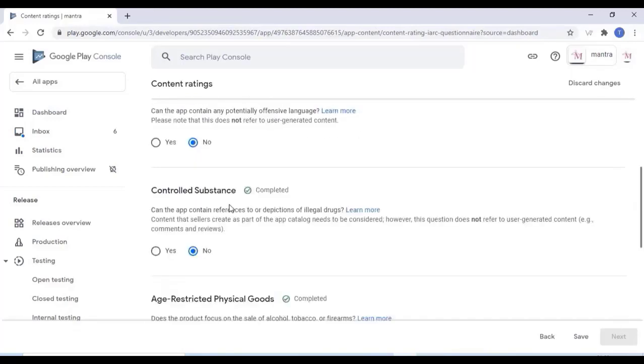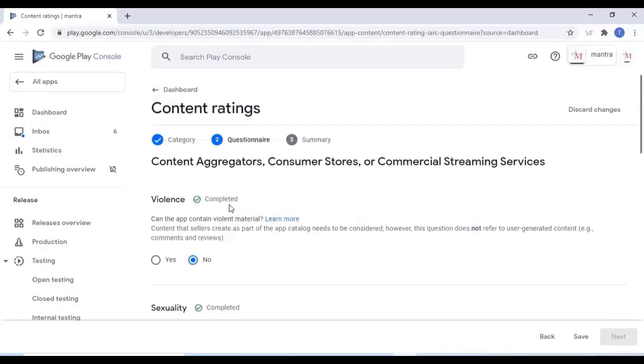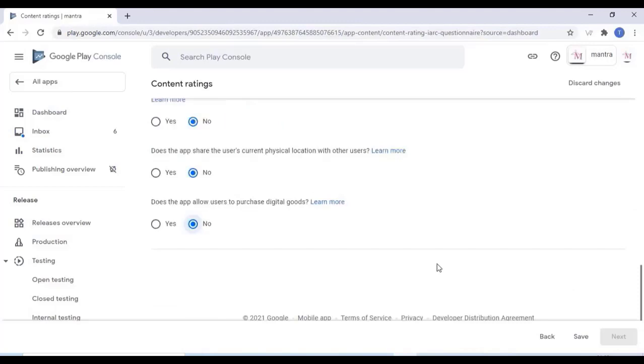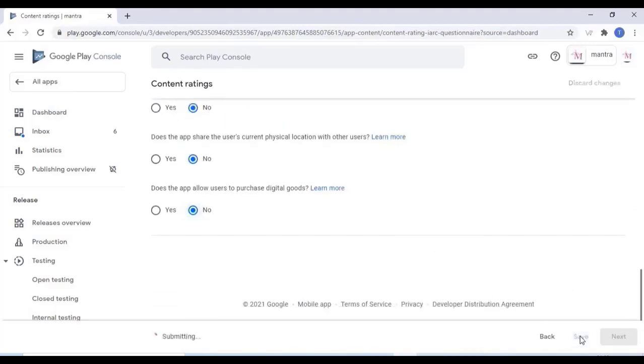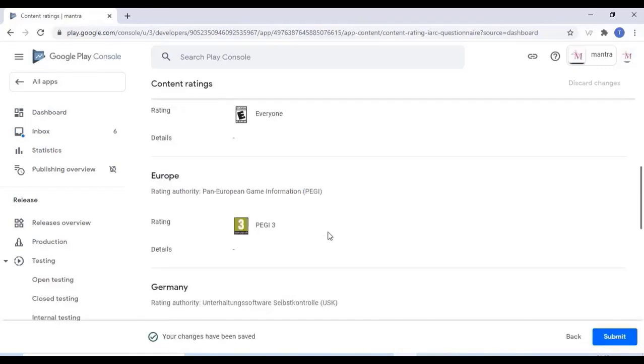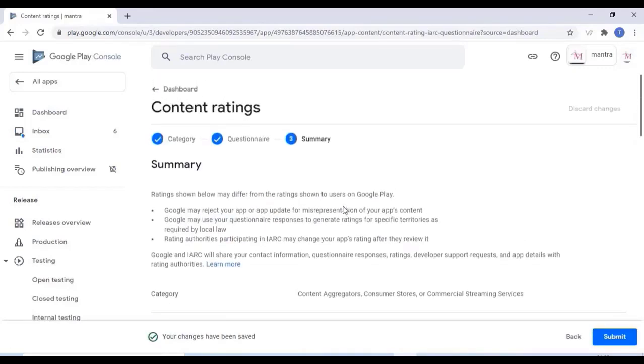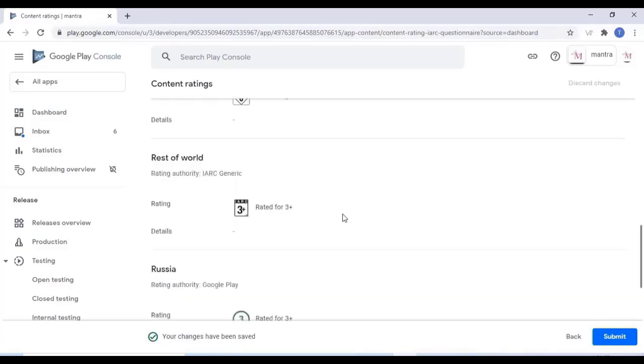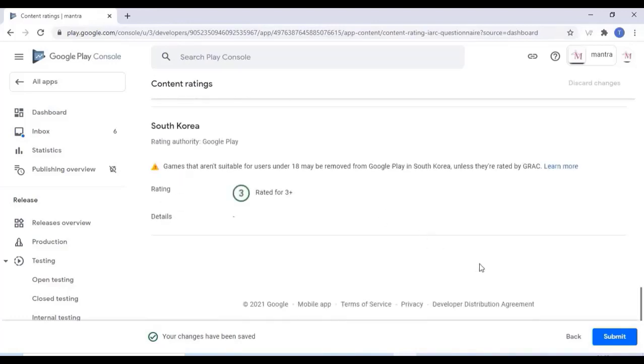Okay, once you finish that, click on save and click on next, and click on submit the questionnaire. Just click on submit,